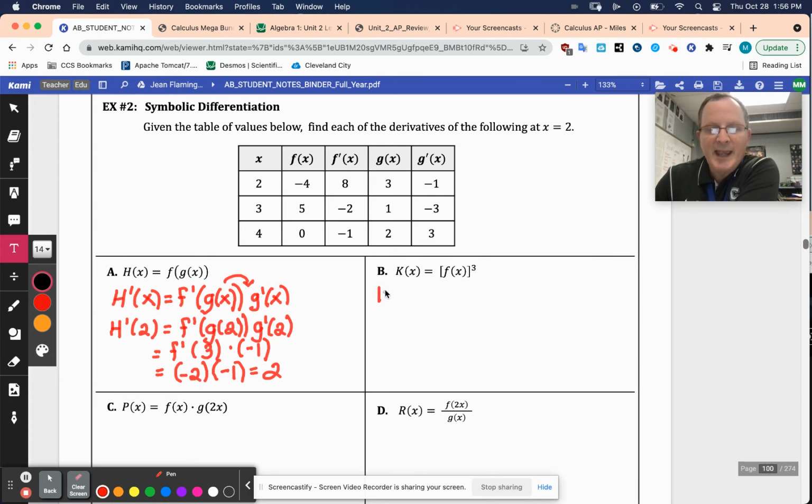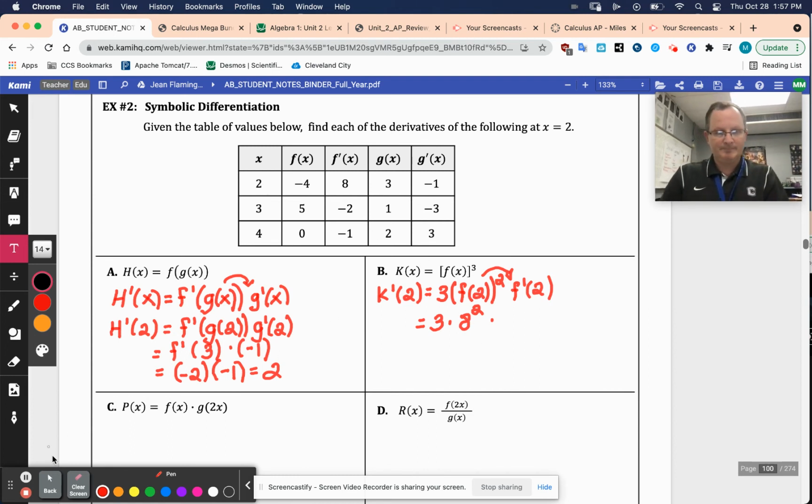Okay, now for this one, I'll go ahead and use x is 2. So k prime of 2 will equal, all right, and this is a power rule, so it's 3 times f of 2 squared. That's power rule. Chain rule. You don't have to draw the arrow, I just like to. F prime of 2. Okay. So once again, hopefully we're given all of these values so we can actually do this. So this is 3 from the power rule. F of 2, all right, f of 2 is 8. All right, 8 squared is what that's wanting us to do. And then f prime of 2,